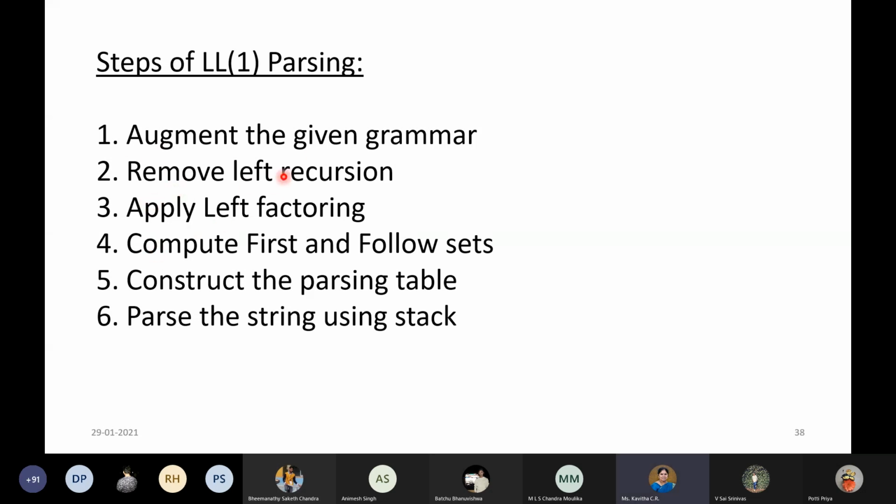You'll do it only if required; if it is not required, you'll skip that. And then you have to find the first and follow sets. After finding these sets, we will be constructing the parsing table. And then finally you can verify this by tracing some particular string using the stack. So these are the steps.